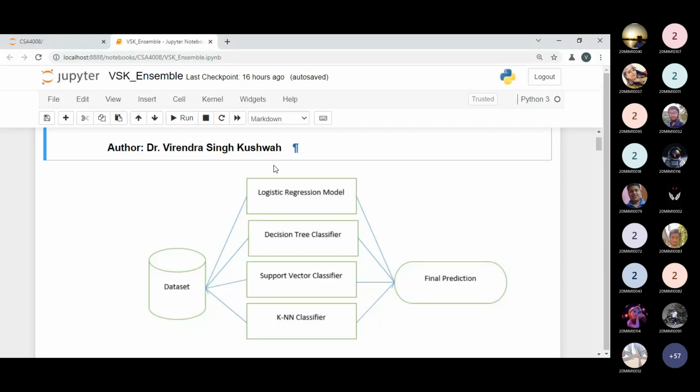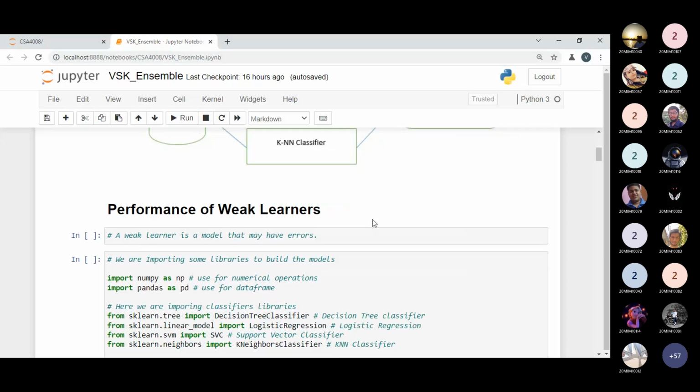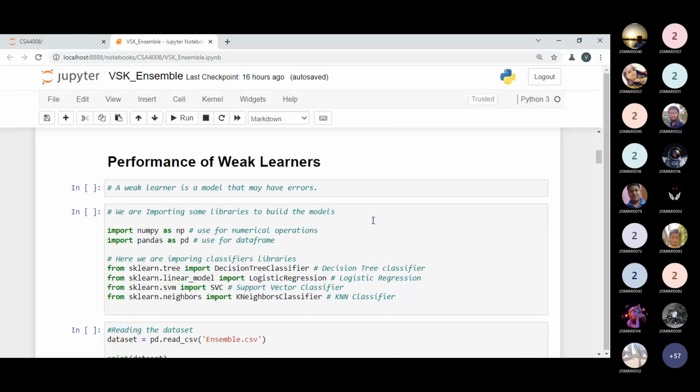From this point, I have chosen the first point, that is the performance of the big learner. Big learner means our classification models, what accuracy they have and what error they can have, because nothing is perfect in this world. So there is no guarantee that every time we can get 100% accuracy.